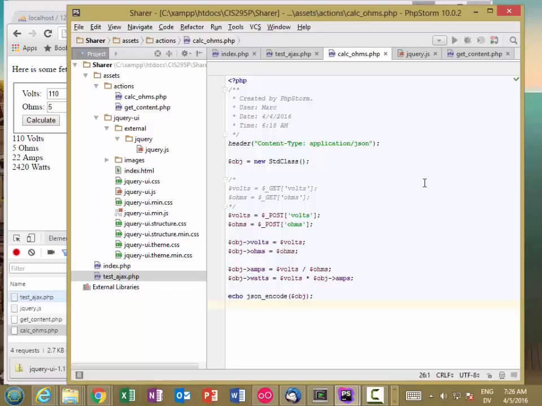So the idea is that JavaScript is going to talk to PHP using AJAX, and then PHP is going to talk to MySQL, and then PHP is going to return the results to JavaScript, and JavaScript will display whatever content needs to be displayed. So in order to get that communication between JavaScript and PHP right, we're going to just do that part here,